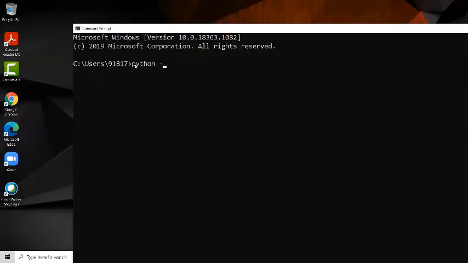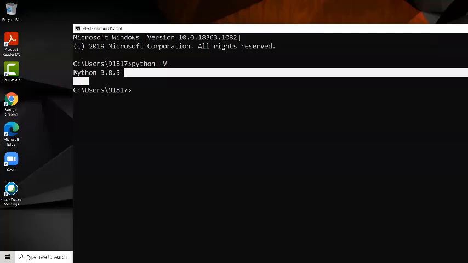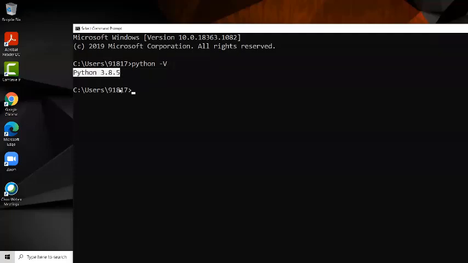With which command can we know the version of Python? Version command, or hyphen v. Okay, hyphen v. So simply type python space hyphen v. Then it will give Python 3.8.5. So I installed Python 3.8.5. If you install anything, 3.8.2 or 2.7, whatever you install, it will show like that.